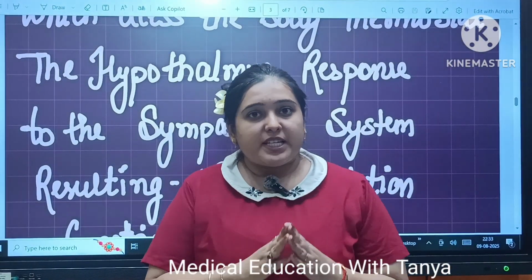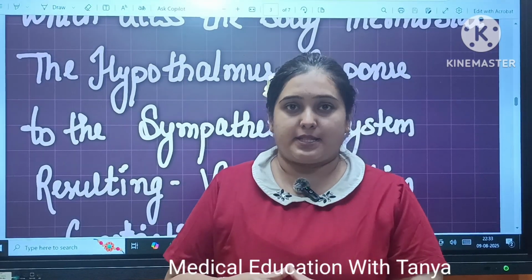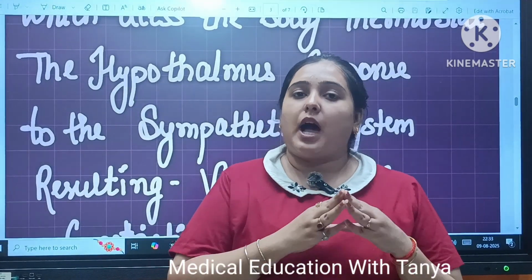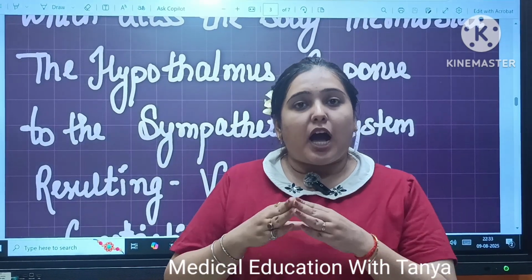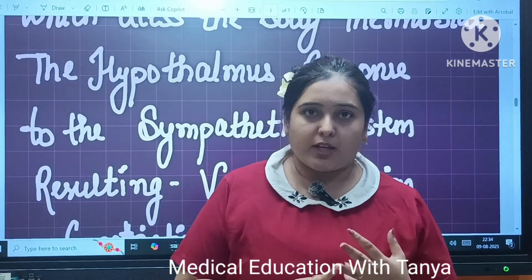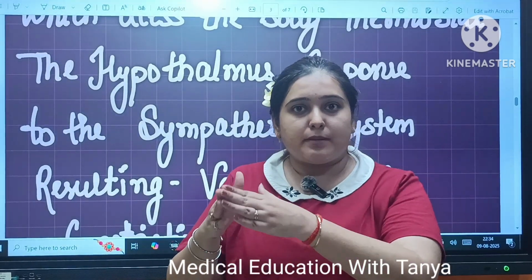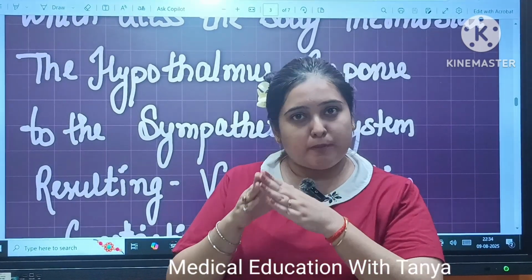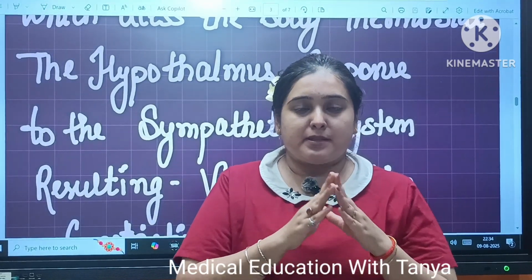Everyone knows that our nervous system is divided into categories. One is the parasympathetic system, the second is the sympathetic system. Basically, in the parasympathetic system our body works in rest and digest mode, and in the sympathetic system our body relies on fight, flight and fear. Our nervous system is divided into two categories, the central nervous system and the autonomic nervous system. In the central nervous system we have two parts, the brain and the spinal cord, and in the autonomic nervous system we have two parts, the parasympathetic system and the sympathetic system.